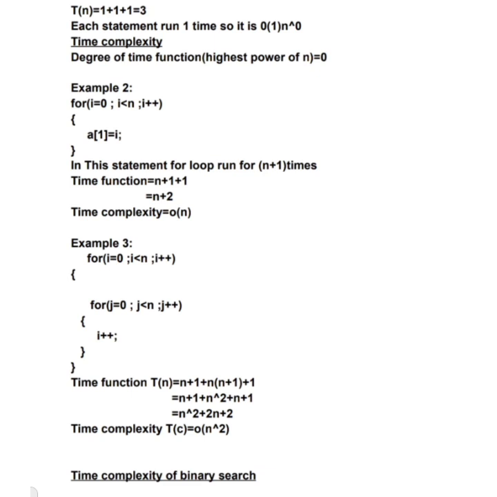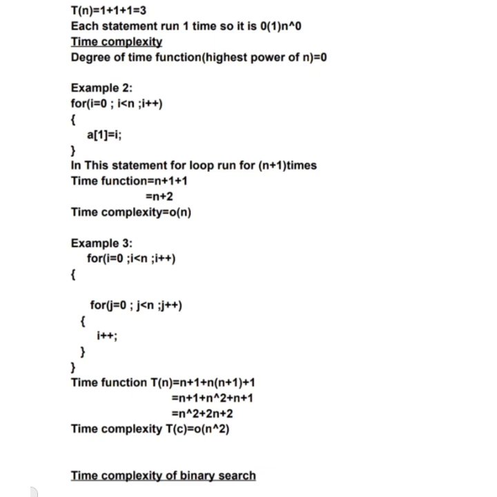Next we will see another example using the for loop. In this for loop statement, the for loop runs for n plus 1 times. Let me take an example, n equal to 10. At the last, the condition i less than n fails, but the condition check is still executed the 10th time. The condition is false and it comes out, but it executes. So the for loop runs for n plus 1 times and not for n times.